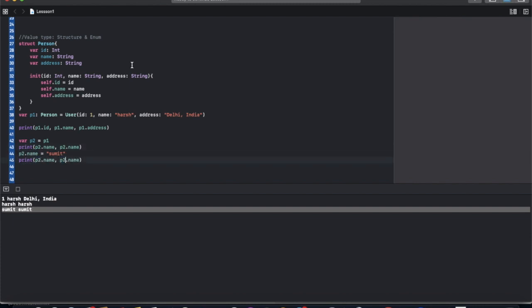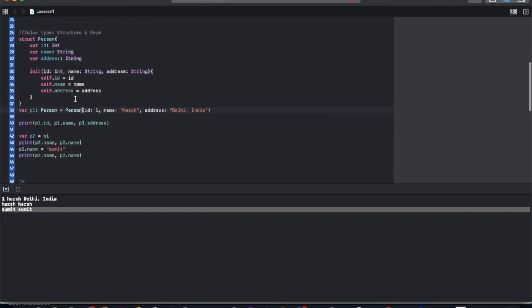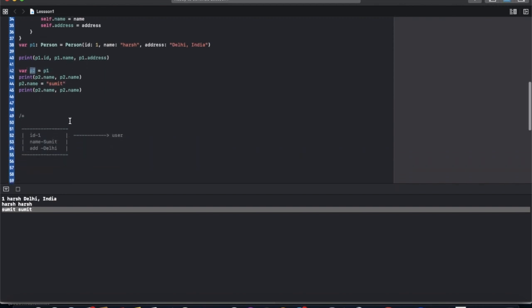So now we have a structure of type person. It has mostly the same things. Its names are different. It has ID, name, address. It has an initializer to initialize the values. It initializes creating the first value the same as person. Then prints the value. Then creates a copy of P1 as P2. Then prints the name only. Then changes the name. In this case, the values are different. Like if we run this code,